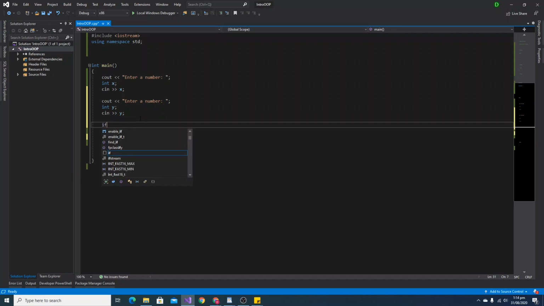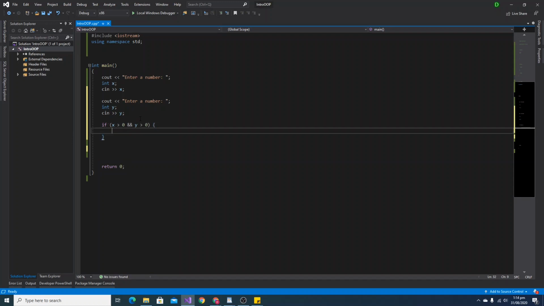So we can say if, and now in our parentheses, if X is greater than 0, and we want to do the check for Y at the very same time. We can do that using the double ampersand operator. So and Y is greater than 0,